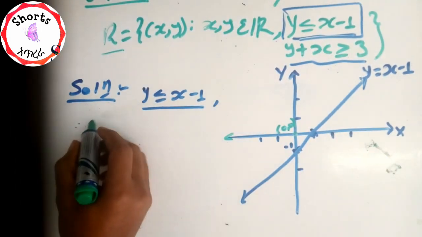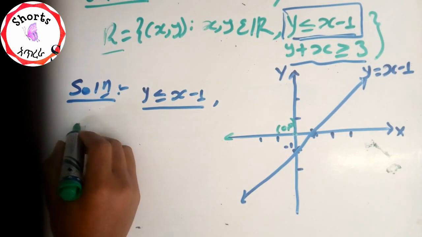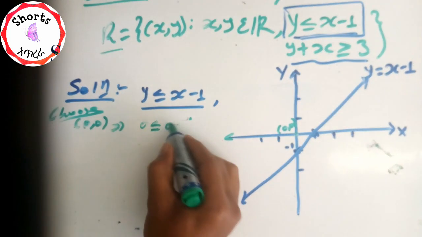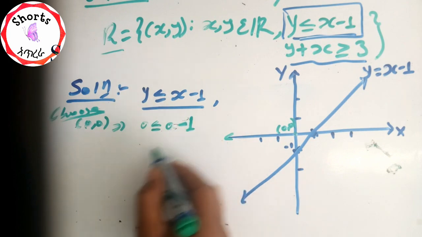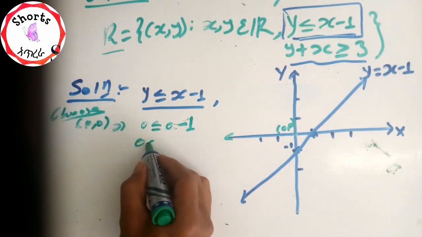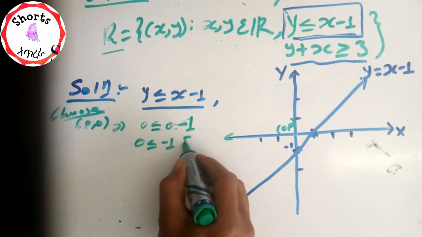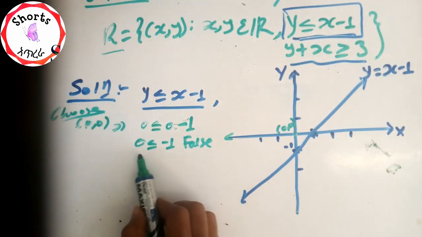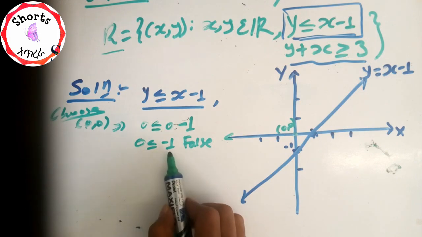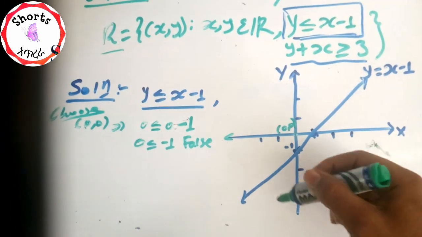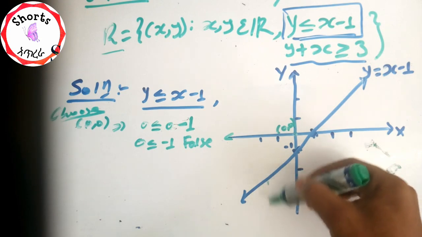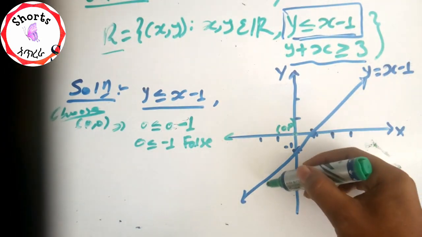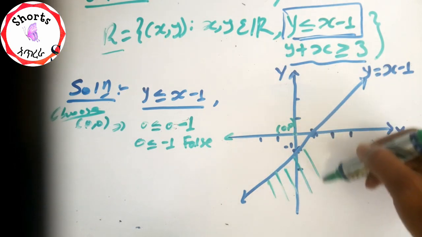ስለዚህ 0 ን ስንጠቀም x = 0, y = 0: y = 0 ≤ x − 1 = 0 − 1, here we have 0 ≤ −1, which is a false statement። ስለዚህ እውነት ያልሆነ ሐሰት የሆነ ሪዛልት ስላገኘን ይሄን ግራፍ መቀባት ያለብን በታች በኩል ነው ማለት ነው። y ≤ x − 1 የምናገኘው ግራፍ በዚህ በኩል ነው ማለት ነው።